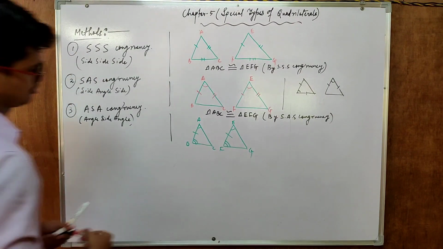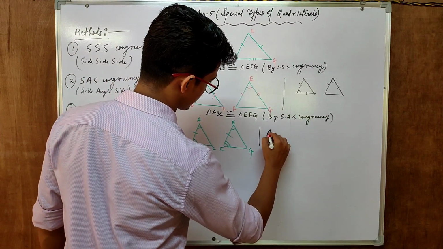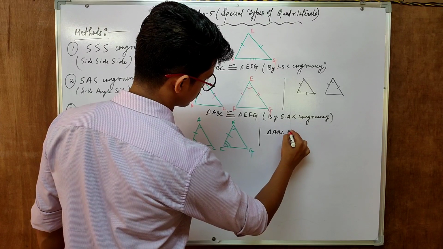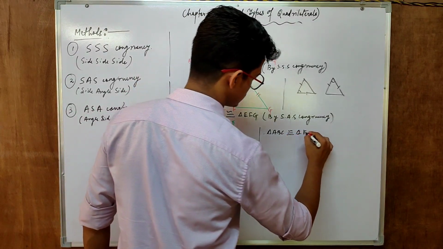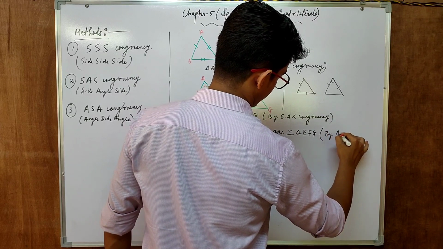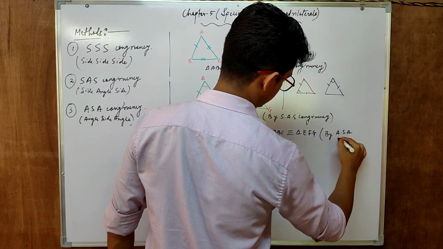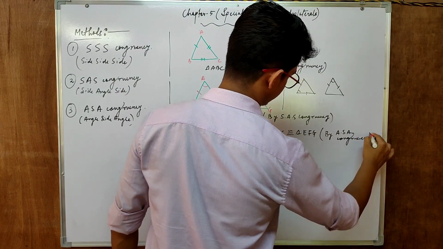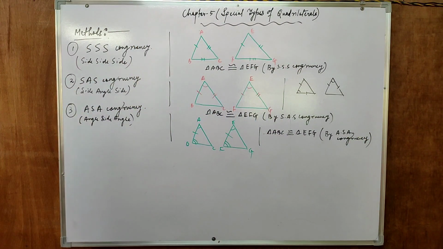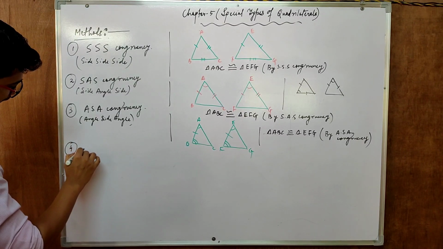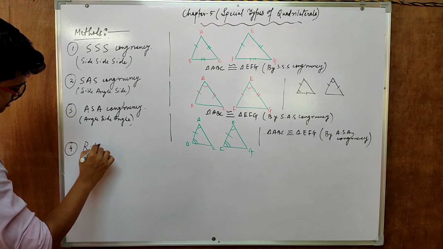And the same thing, we have to write: triangle ABC is congruent to triangle EFG by angle side angle congruency. Same thing. Make sure you write all such things in your notebook, because it is very important for you to note it down. Last but not the least, that is RHS